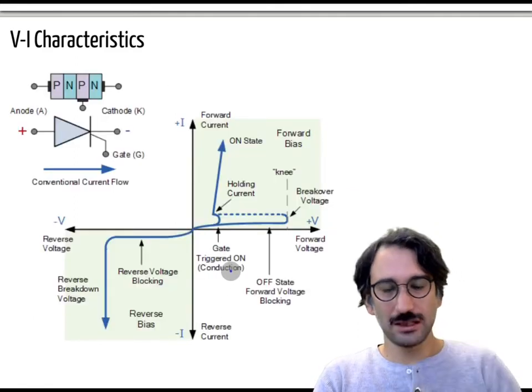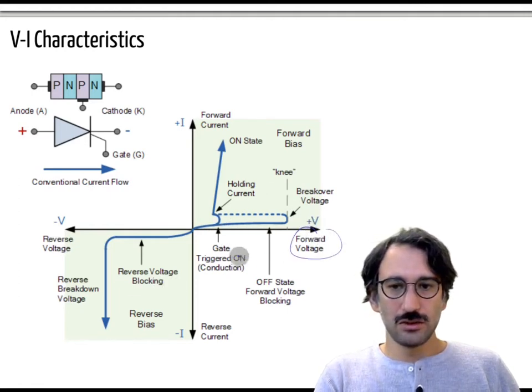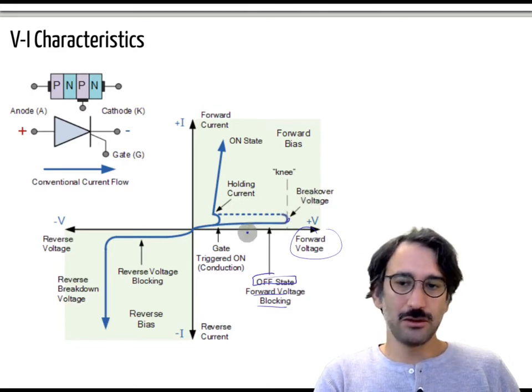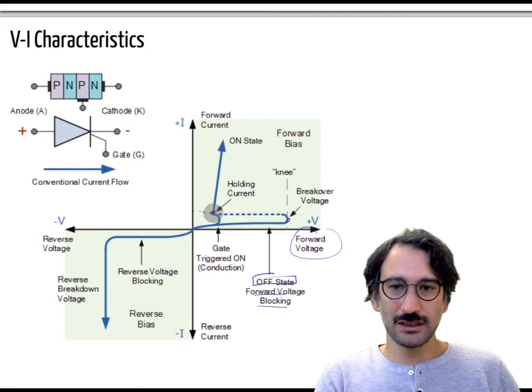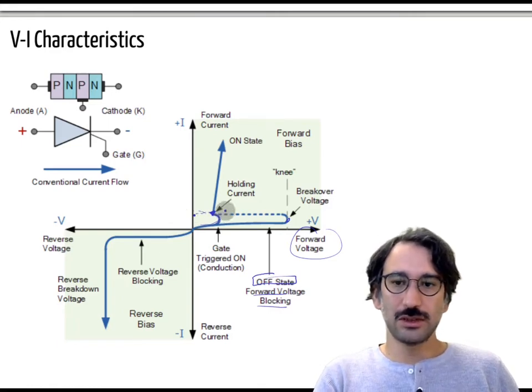Okay, maybe that one is more clear. So here again we have the forward voltage. If there is no gate voltage, it is still in the off stage and it is forward voltage blocking. That region is called forward voltage blocking, and this is the breakover voltage or forward voltage limit. And then that is the minimum amount of current. Okay, so there's that kind of nonlinear characteristic here. This is called the holding current, and holding current is the minimum amount of current that needs to pass through the thyristor